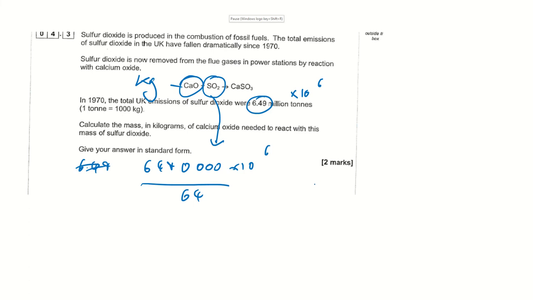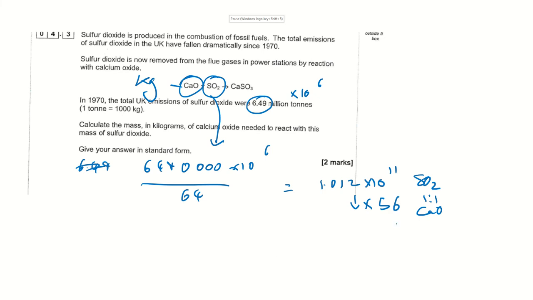Okay, now that gives us a total number of moles of 1.012 times 10 to the 11. Now the ratio of sulfur dioxide, that's moles of sulfur dioxide. The moles of calcium oxide are the same, they're a 1-to-1 ratio. So if we took that moles of calcium oxide and multiplied that by the RFM of the calcium oxide, which is